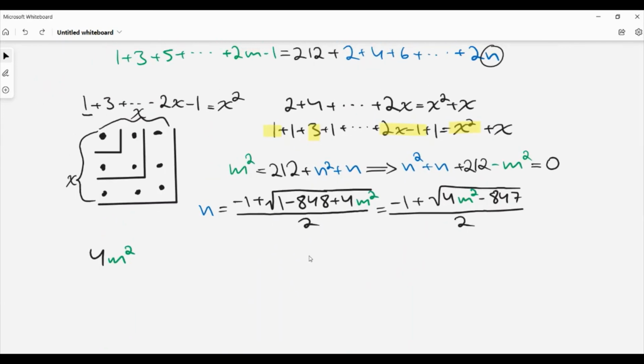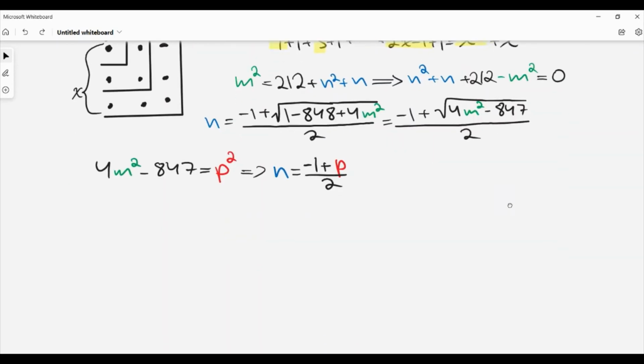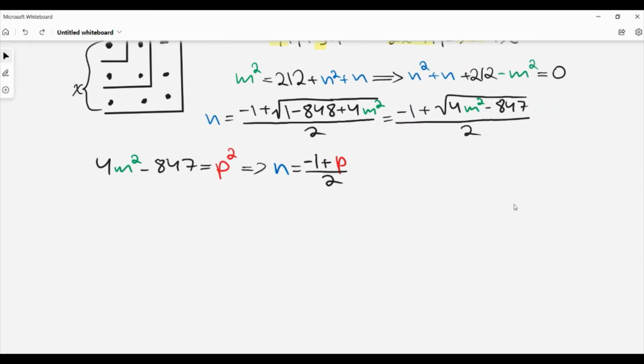This is a really common use of a substitution in these types of problems. So we can substitute all of this with p squared. So 4m squared minus 847 equals p squared, which means that this big radical right here is equal to p. So this implies n equals negative 1 plus p over 2. So if we can find all the possible values of p, we can find all the possible values of n